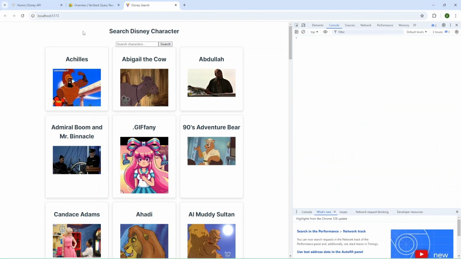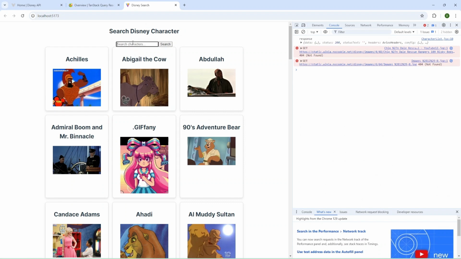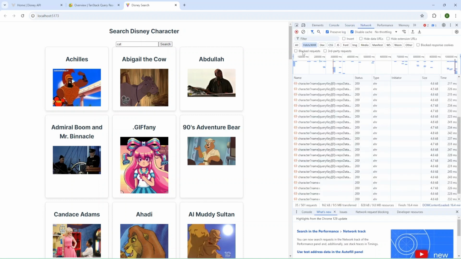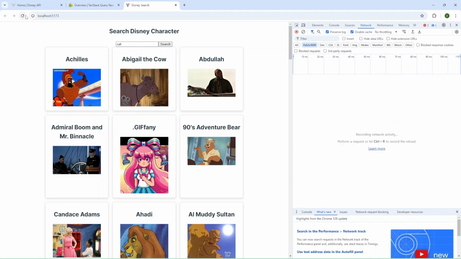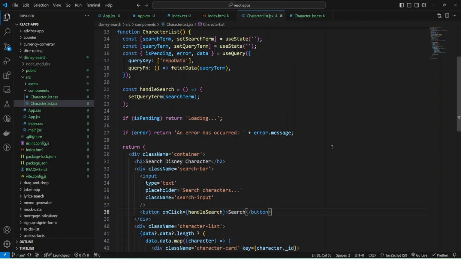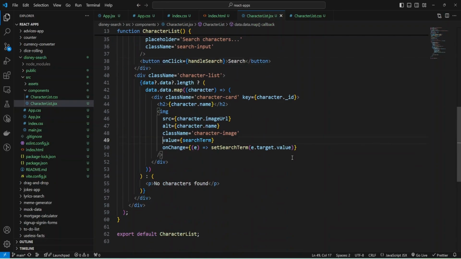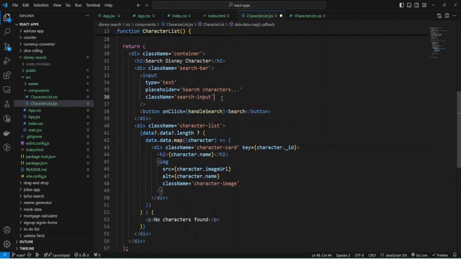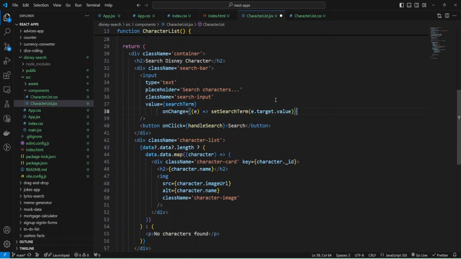Okay, we have our button, and let's try to search some cat, and let's check what happened. I'm going to refresh again, and provide value cat, and nothing happened. Let's check what we have. Okay, I placed value and on change on the image, and I need to add it to the input.